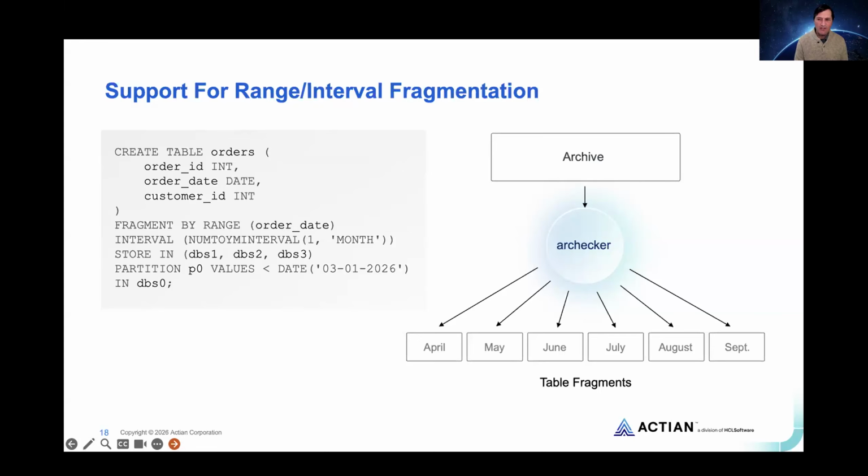For those of you who haven't used ArcChecker to do a table level restore, you give ArcChecker a create table statement with all the fragment expressions and all that, and it will search the archive for that table and then create a new table with either the same fragmentation scheme, or you can give it another create table statement for the target table. And obviously it understood round robin fragmentation and expression-based fragmentation, but it did not, until 15.01, understand